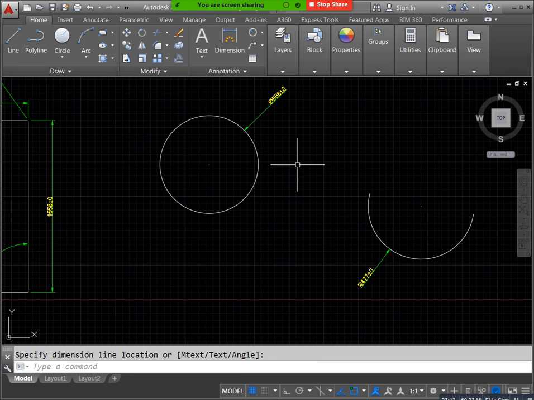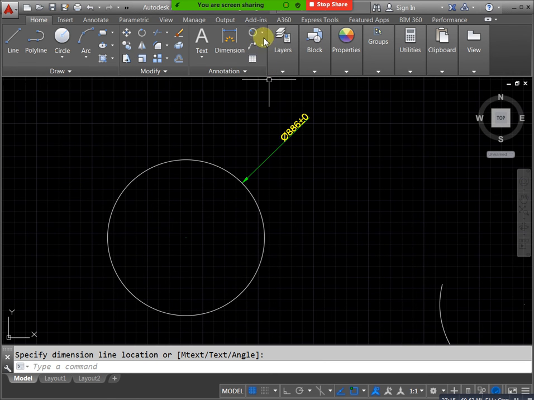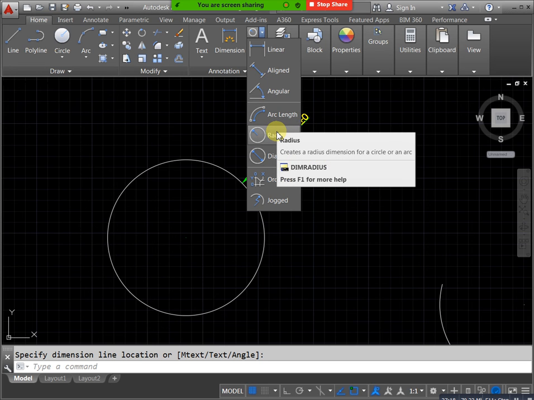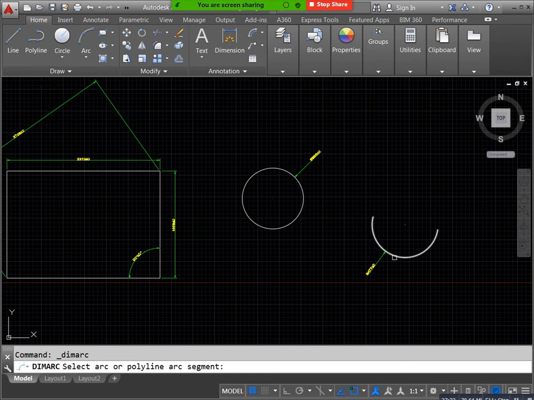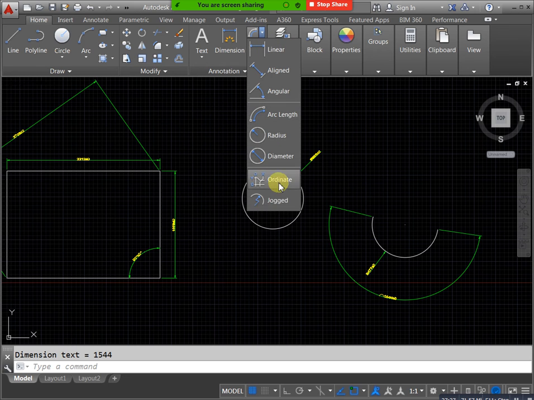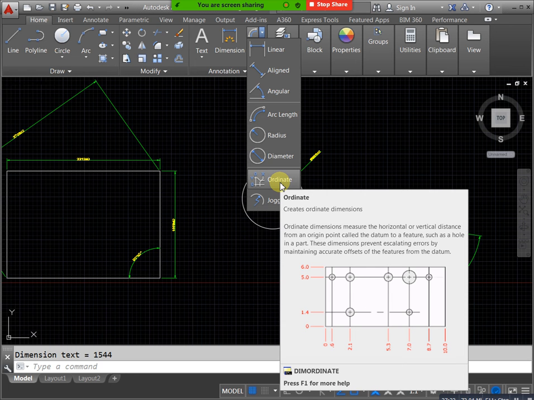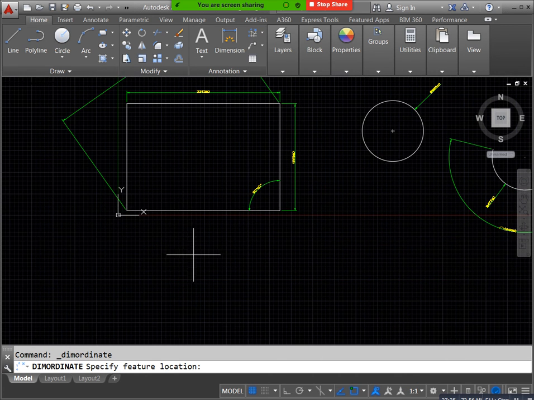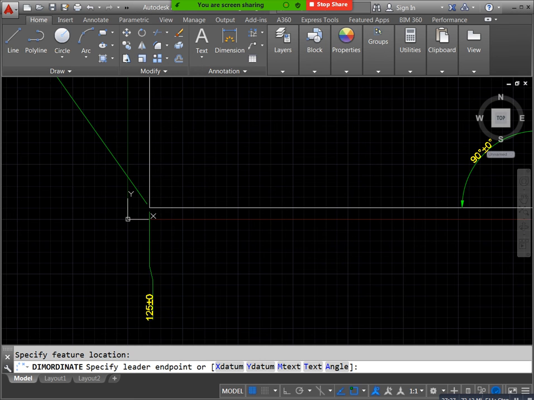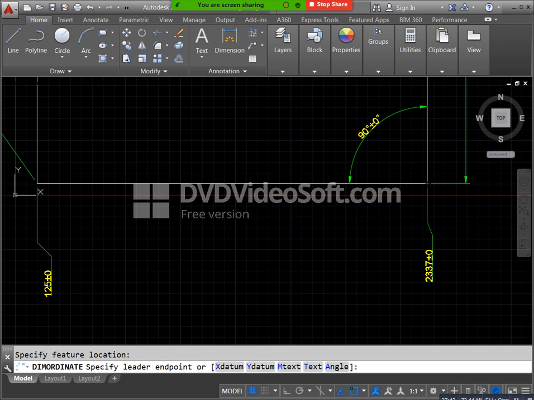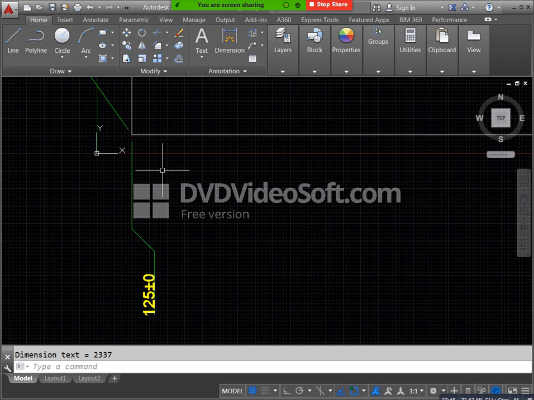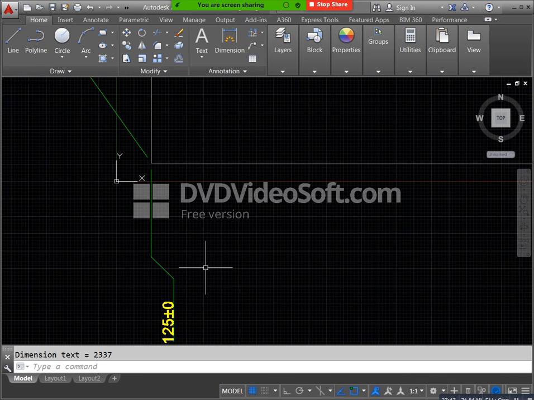ordinate dimension. Ordinate dimension means depends upon the origin. For example, this is my origin, just you can select and you can place it here, you will get origin dimensions like this. Okay, just you can observe we have 125 distance, but which is our reference we don't know. In case you need to know your reference, just you can click on linear, you can select this point, you can select this point. How much of distance is there? Here to here we have 125, right? Based on origin, automatically taking this value, ordinate dimension.